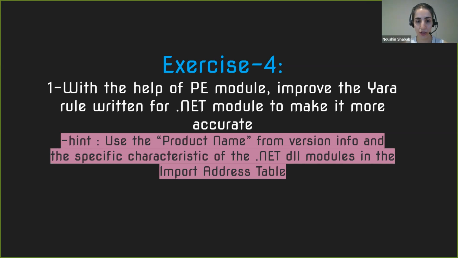where this string is used. And also there is something specific about .NET modules in their import table, import directory. I want you to find out what that is and add that unique characteristic of the .NET modules inside your YARA rule. So for this, you need to try using one of the tools that I've provided, either the AdLice